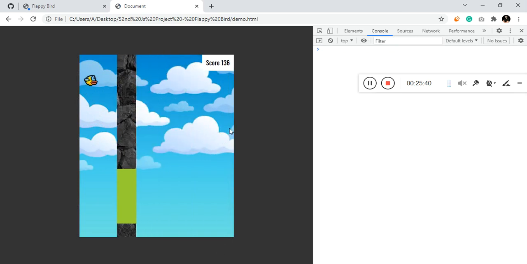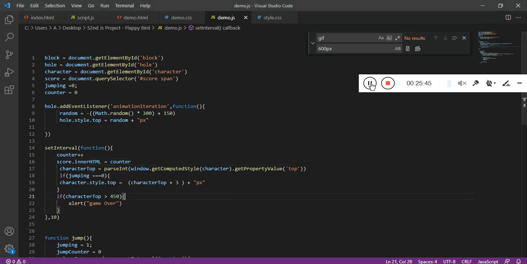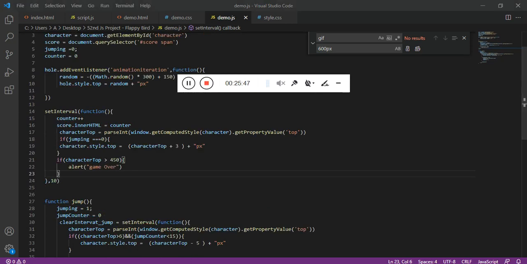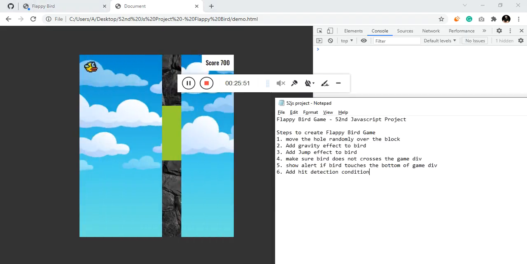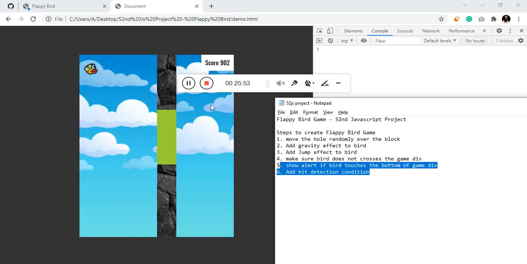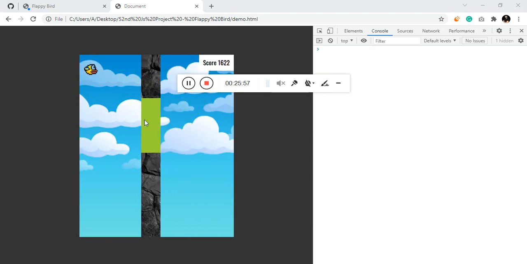And finally what we need is, let's see what's missing, the hit detection. Yes, add the hit detection condition. Now to get the hit detection we need to get two things.